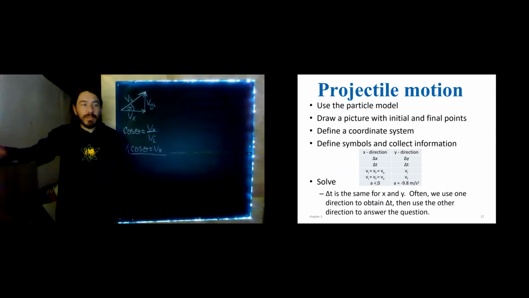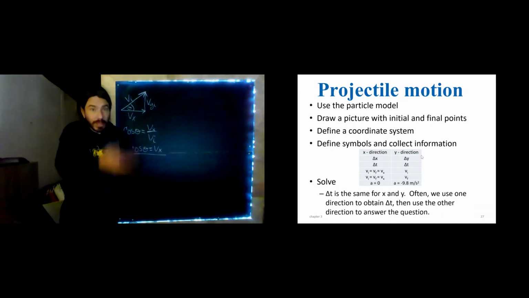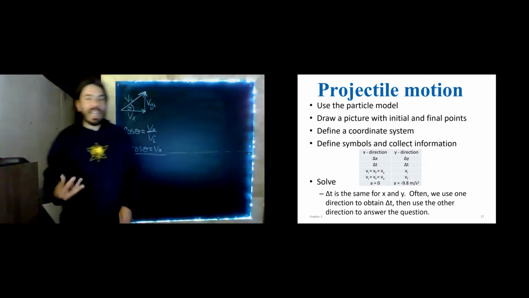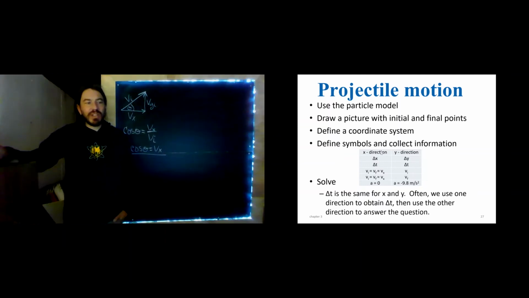And then we basically make our list of our 5 variables. But now we have a vertical problem and a horizontal problem. And so now we need a list in the x and in the y. In the x direction, things are pretty simple, right? Because the acceleration is always 0. And so the initial velocity and the final velocity are therefore the same. So really we only have 3 things in the x direction, and in the y direction we still have our